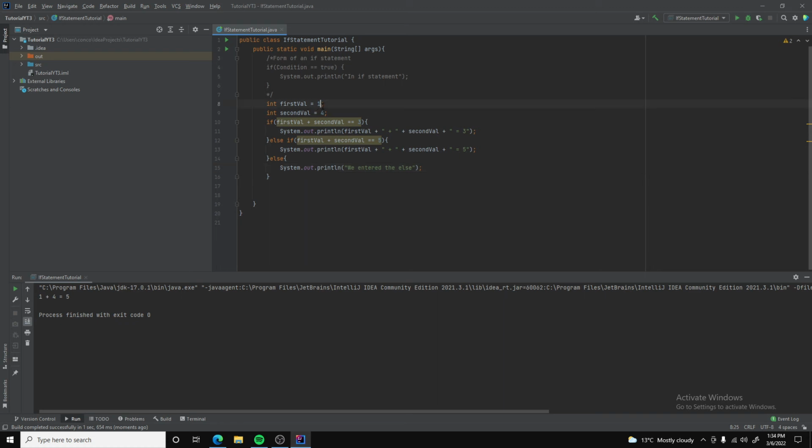So what if we make this 4? And now we're in 8. If you guessed else, you are right. We entered the else because 4 plus 4 does not equal 3, and 4 plus 4 does not equal 5. Therefore, we entered the else. And essentially, that's about the gist of